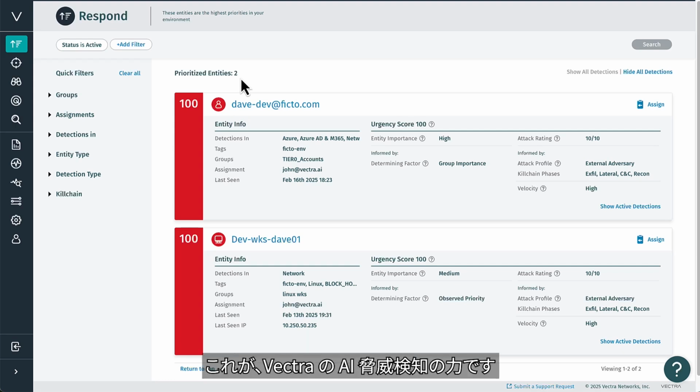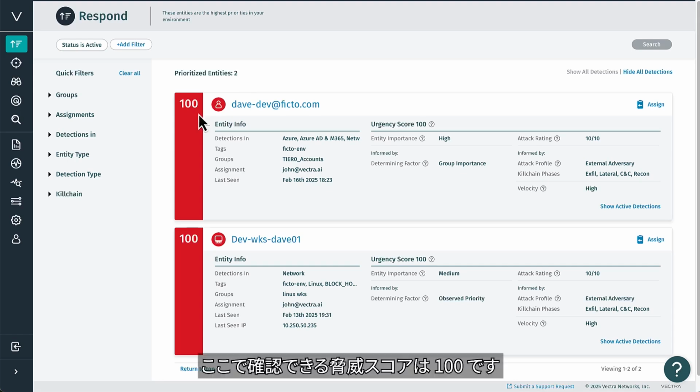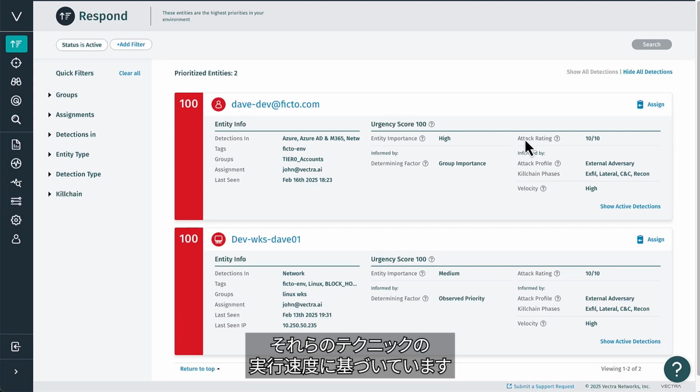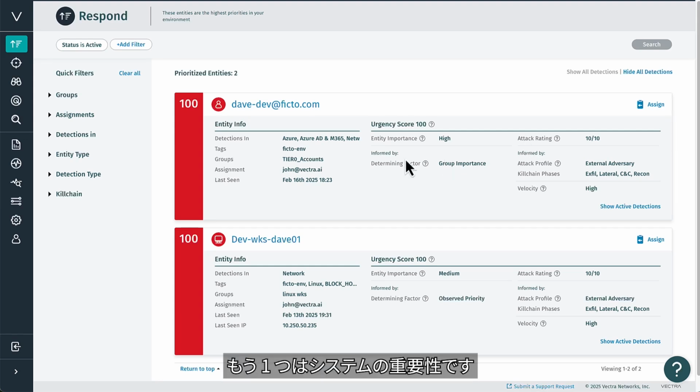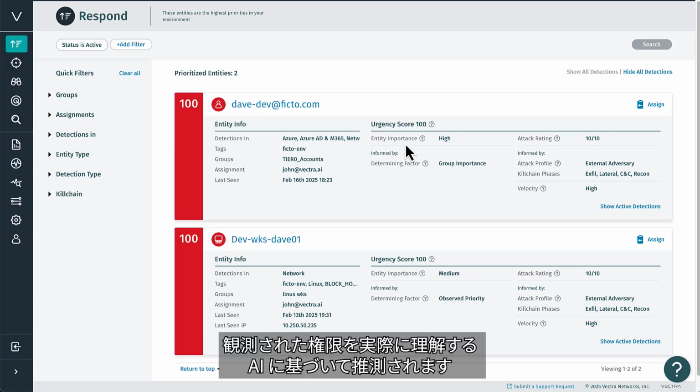This is the power of Vectra's AI threat detections that reduce benign alert activity through various different means to only surface real threats. Now, the threat we're looking at here has a score of 100. This is driven by two things: the attack rating, which is based off of the execution of different MITRE techniques that have been observed, and the speed that those techniques are executed, and the importance of the system, which is